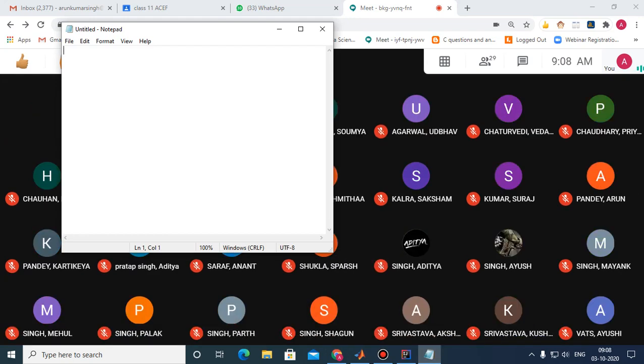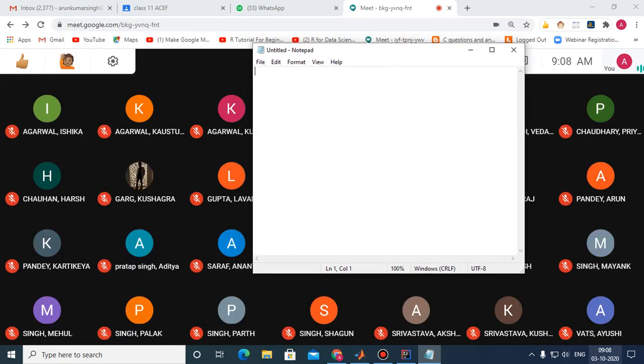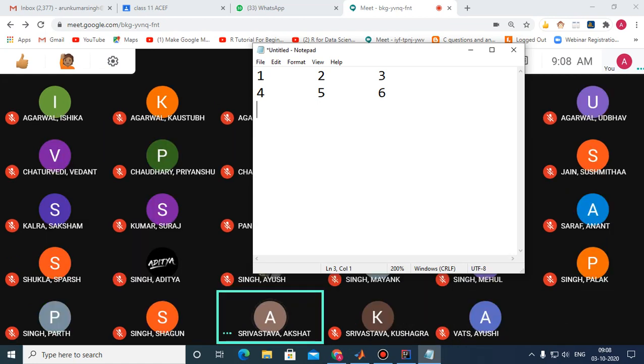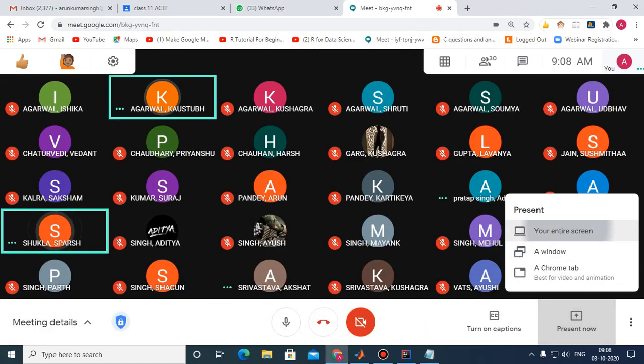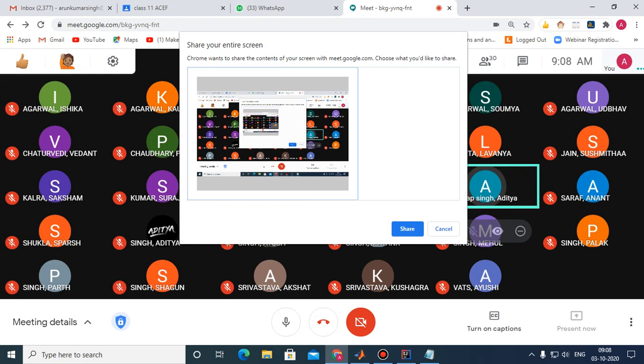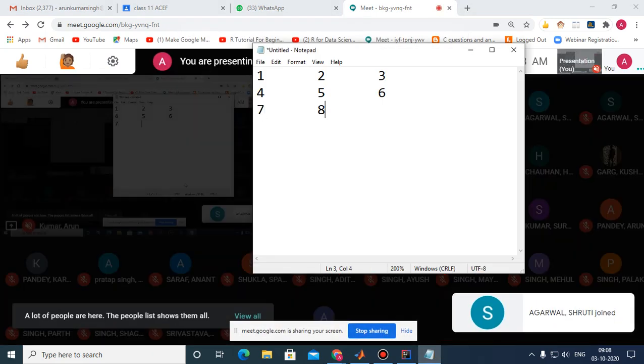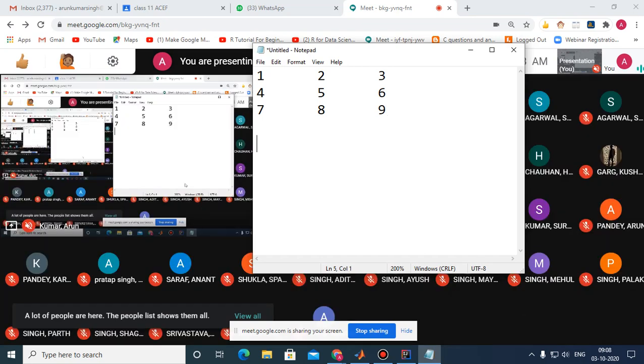Suppose this is the original matrix, which has these elements: 1, 2, 3, 4, 5, 6. Now what you need to do is shift the rows one by one.